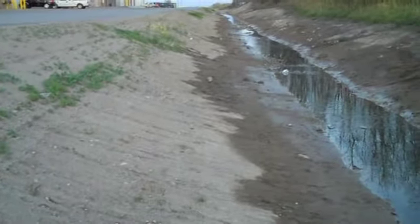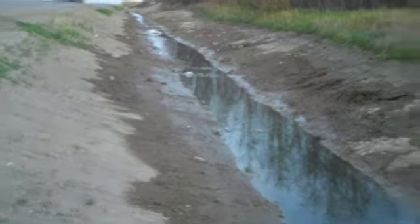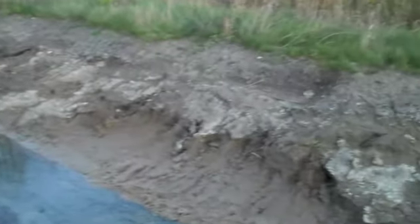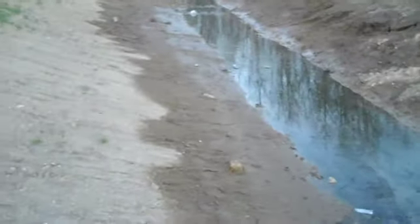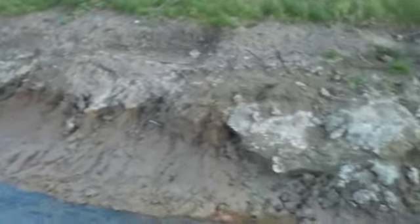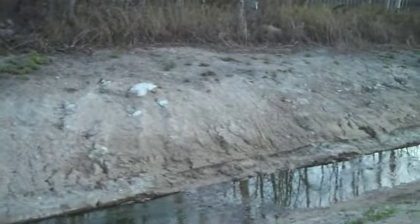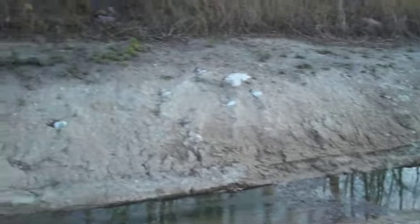Here's an example of one of the ditches that we're going to be doing. This is south of the plant, down the side road ditch. And as you can see in areas, there is some water flow in the channel below. There's also some fairly heavily rilled areas, and also you can see on the other side slope there's some fairly heavily eroded. On the other side of the ditch you can see the side hill has basically been scraped back to the native subsoil. Very low in organic matter, rather clay, sandy